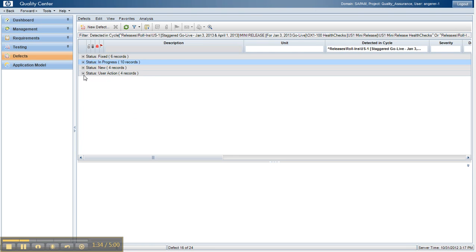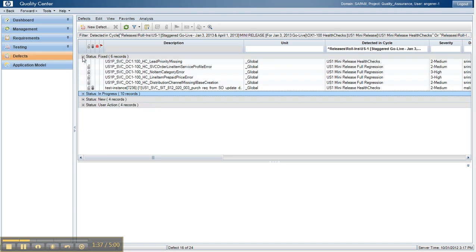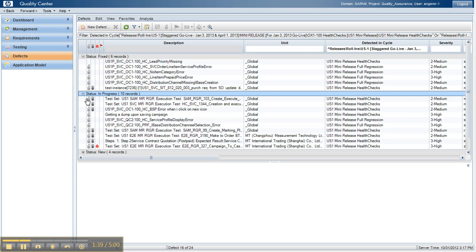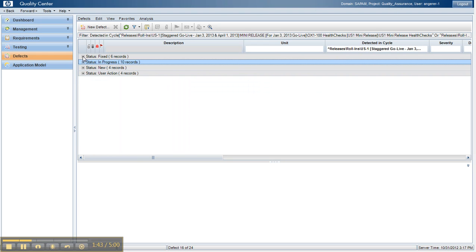As you can see, I have this grouped and filtered by different statuses. You might have a different view within Quality Center yourself. This is all customizable by the end user. How to do this is fairly simple. What you do is you go into